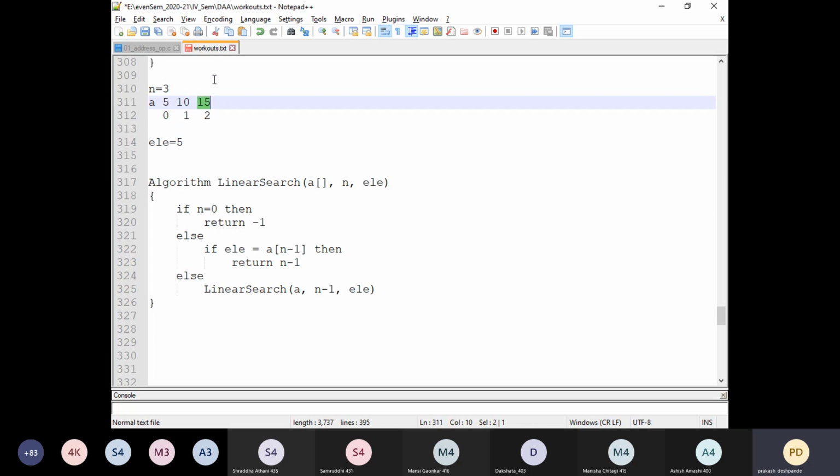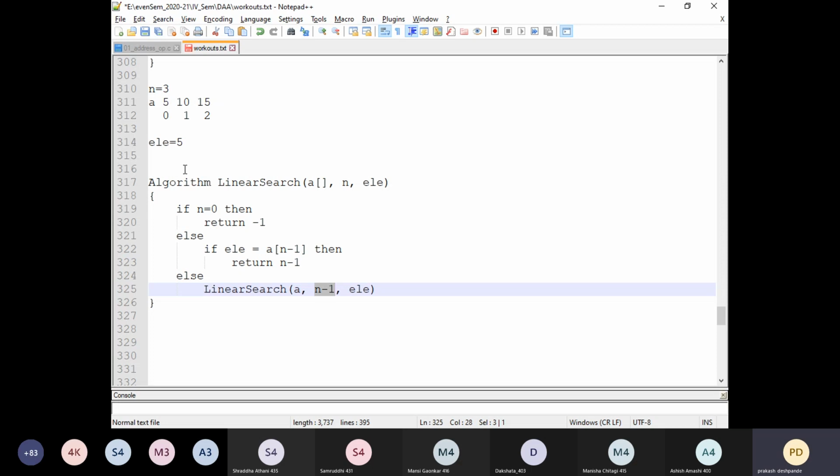Since I need to exclude this element in the next search, obviously the total number of elements will be reduced by 1. So next time when I call the linear search, instead of passing n as the number of elements, I will pass it as n minus 1.